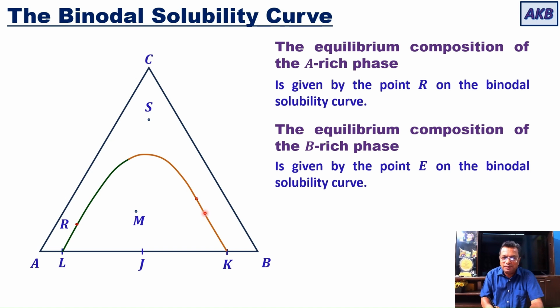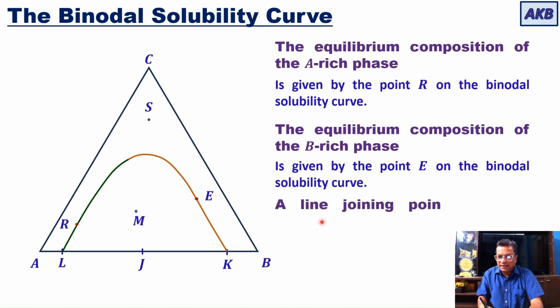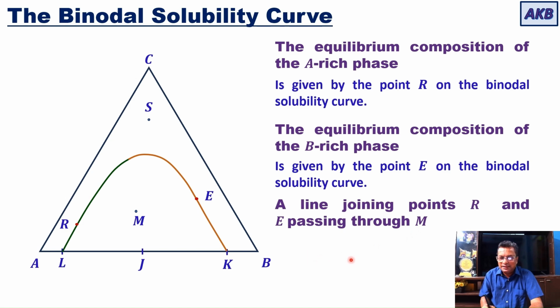Point R represents the composition of the A-rich phase at point M, and point E represents the composition of the B-rich phase at point M. A line that joins points R and E and passes through M is called a tie